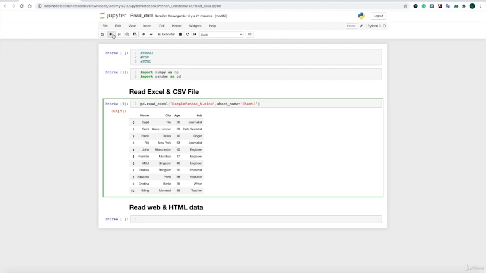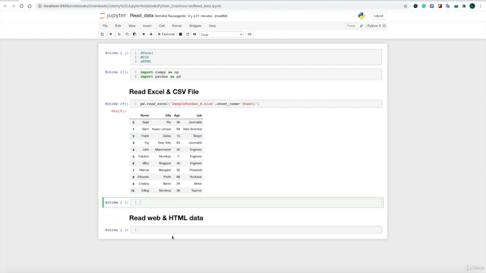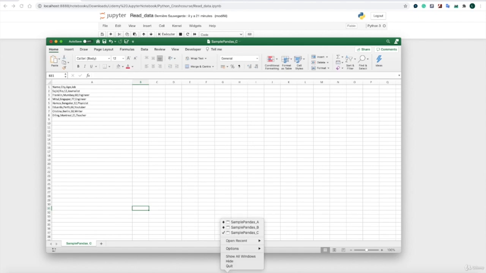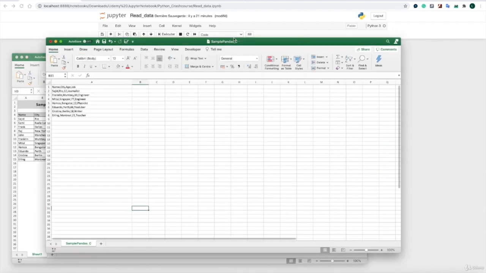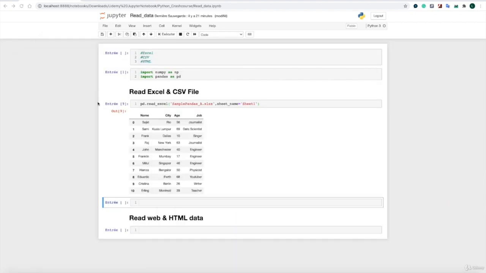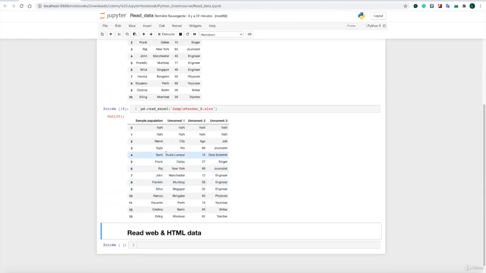Okay? Now we have just solved the first challenge, which was to be able to jump from worksheet to worksheet and upload the data. The second type of data that we are going to upload right now is the sample pandas B table. What you're going to do now is copy and paste the same path, but we are not going to need the extra parameter, and we are going to type sample pandas B table, open, and as you can see here, you have some dummy data,